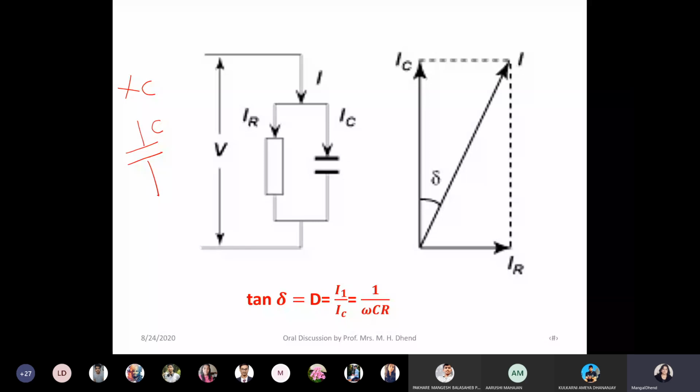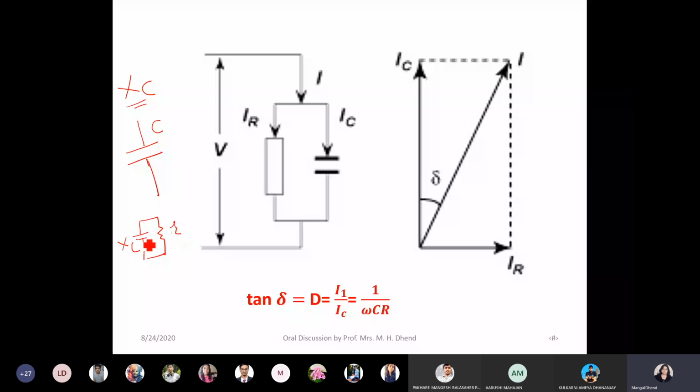That will exist, but it is very hard to have a pure capacitor, meaning it has only capacitance. But in nature, in practice, if you see a capacitor, it will definitely have some resistance. Now we have studied dielectric material in the capacitor. Various dielectric materials are there: air, mica, paper, oil, and definitely that paper, air, oil will have some resistance. So the capacitor will be represented like a resistance, and this capacitance will be Xc.